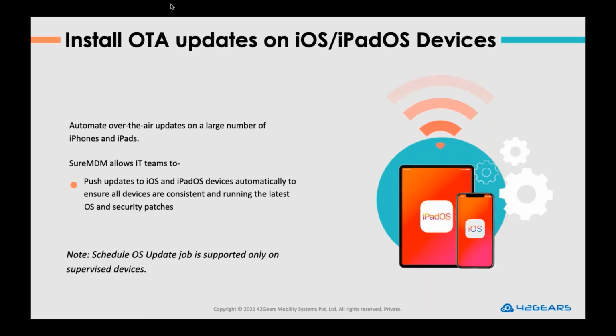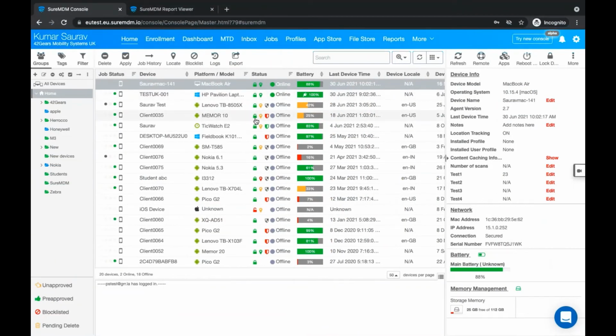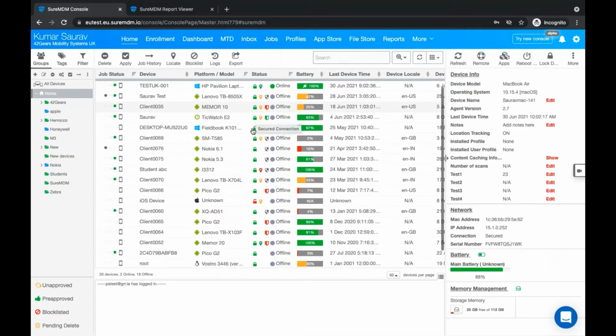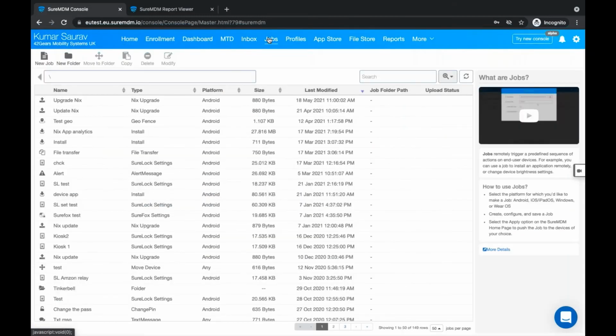Let me show you how to create a job to update an operating system and push it to enrolled devices or device groups remotely. On your MDM console, whenever you have an iOS device enrolled, you will have an option of OS update in your dynamic job section. Whenever you click it, the product key for any upgrade to the operating system will be shown on your MDM console, which can be copied, and then you can navigate back to the